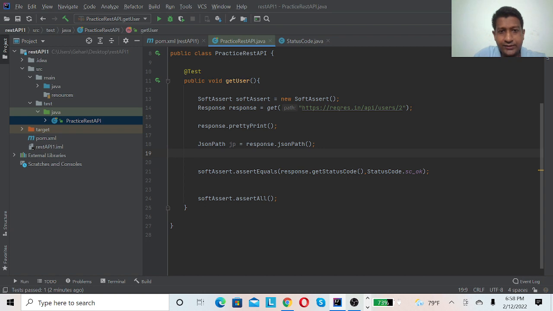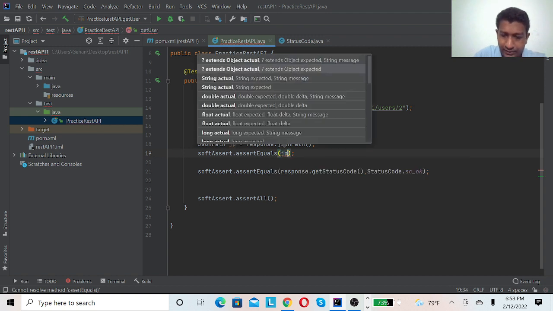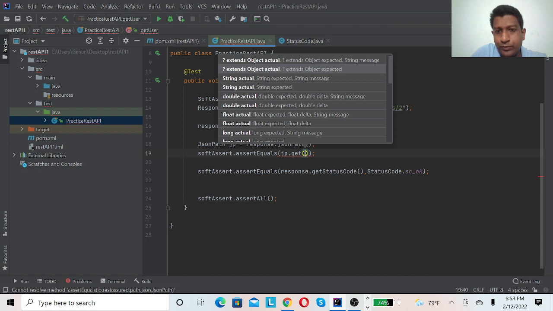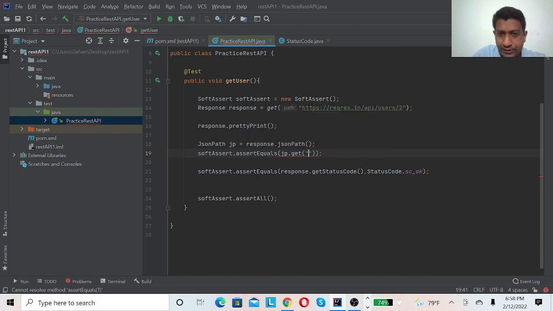JP is my JSON path variable. Then I will do a soft assert dot assert equal, and JP is my JSON path variable, and dot get, and I need to put the JSON path string, and I will paste that one here, comma, and what's the